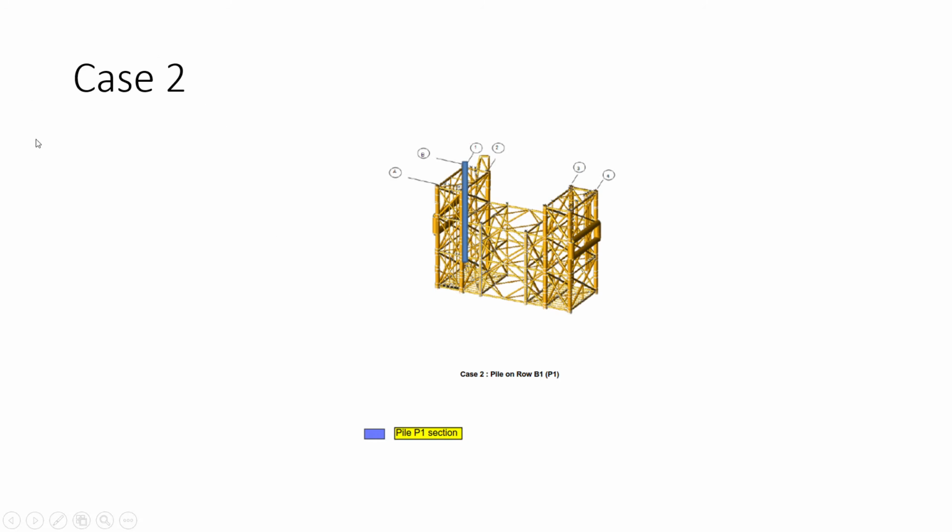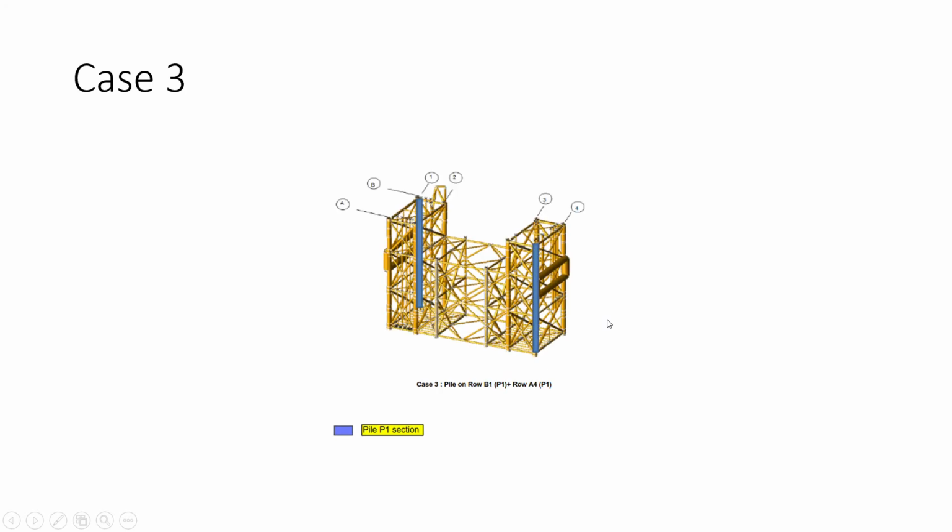Now it is case 2, the pile P1 section. Now I found that this is my COG, and the lever arm will be of higher length from here, so I am placing my P1 pile section over here. With this condition, you have to check all: sliding, bearing, and overturning. Whether for this condition it is okay, then you go to case 3.